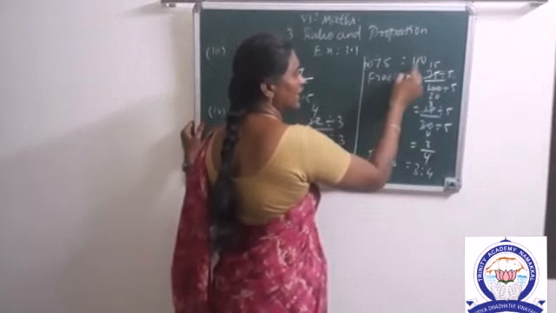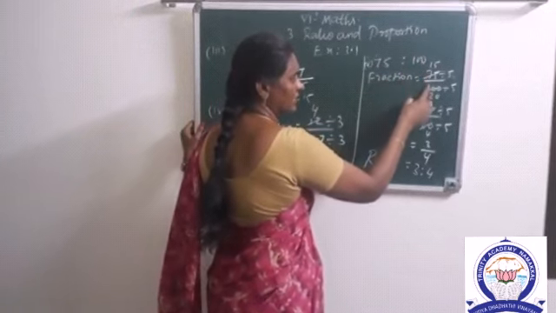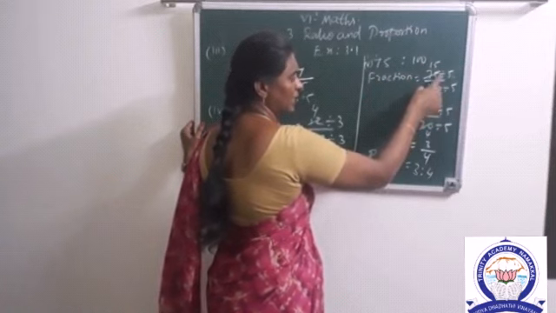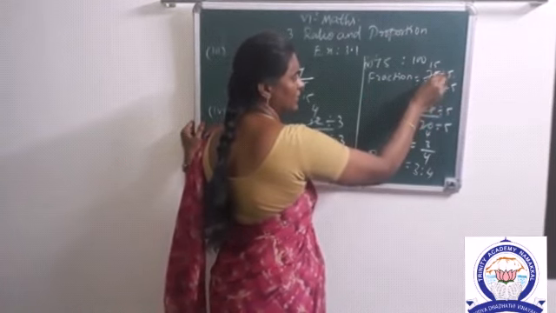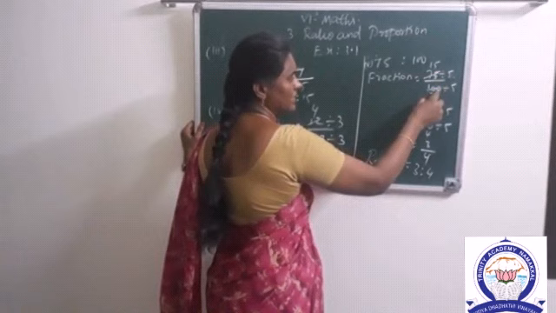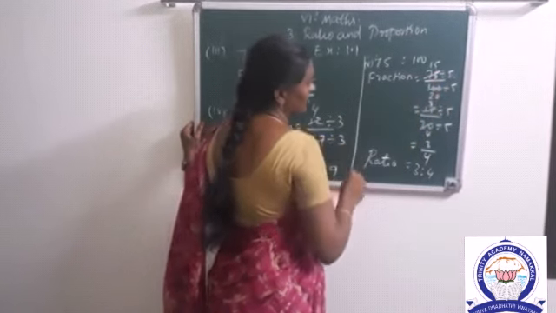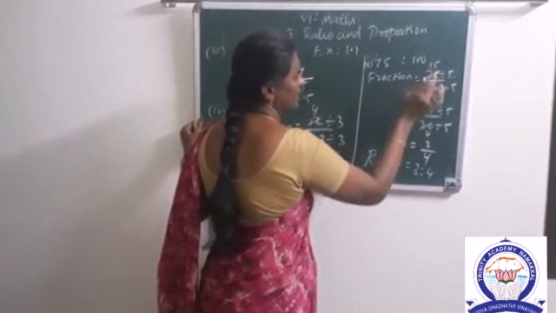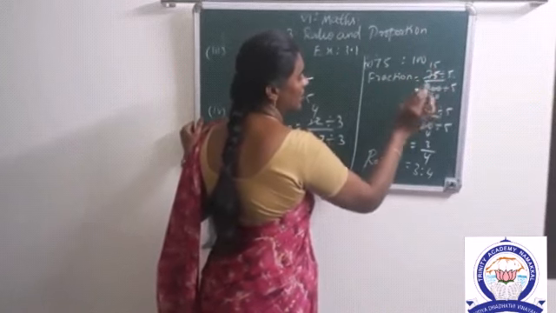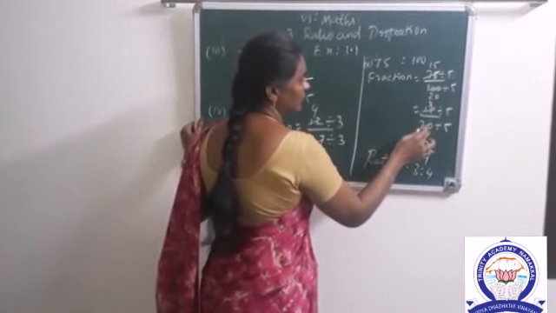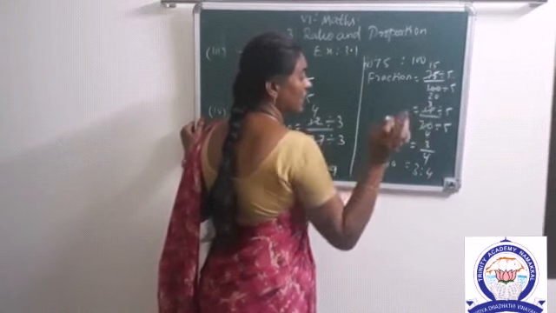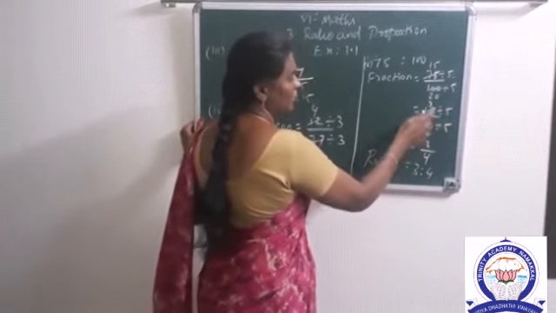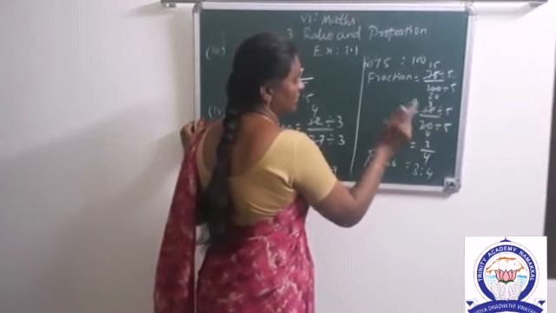Then 75:100. Here we write this ratio in the form of fraction. 75 by 100. Both numerator and denominator have the common factor 5. Because here the unit place is 5. Here the unit place is 0. So both divisible by 5. Okay. Now see how many 5 in 75? 15 times. How many 5 in 100? 20 times. So this one we write 15 by 20. Again 15 and 20 have the common factor 5. So again you divide by 5. So how many 5 in 15? 3 times. 4 times in 20.